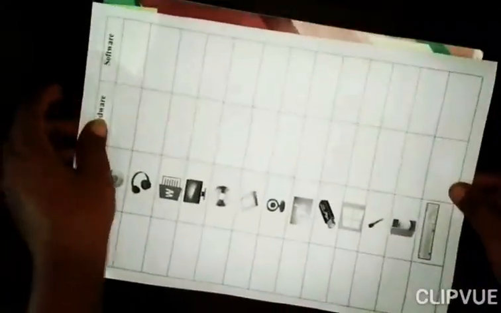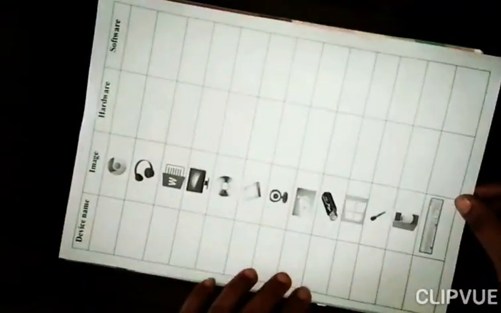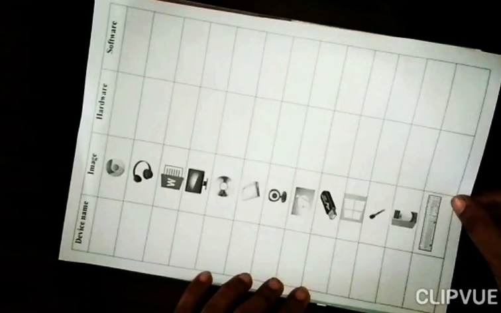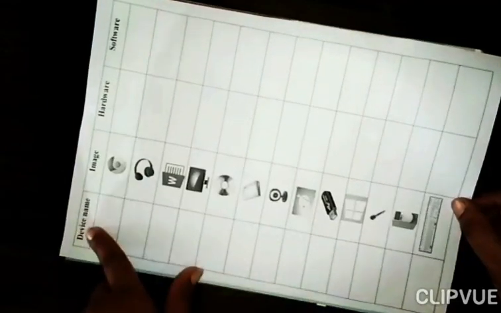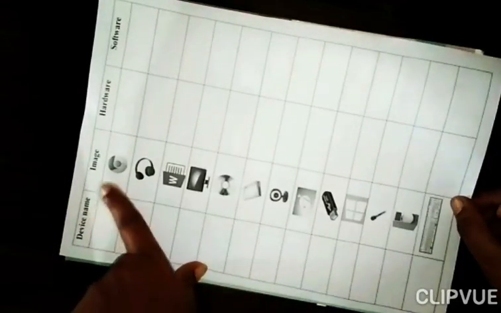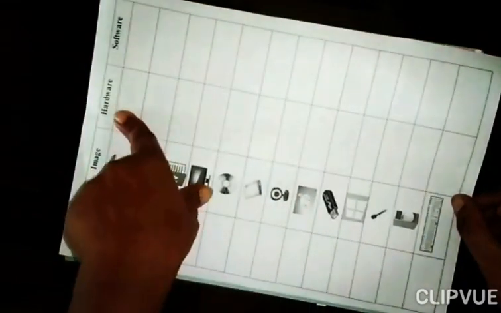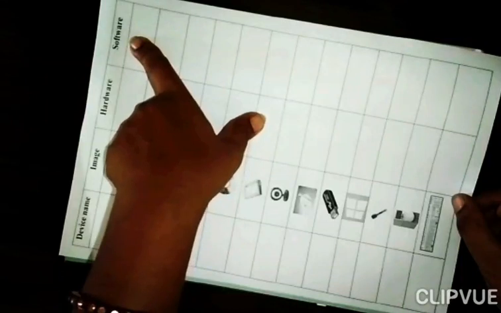Okay, done. Now turn your worksheet, and here a similar exercise is there, but with some difference. What is the difference? See here, device name in the first column, second are images or icons, third is hardware, and fourth is software.